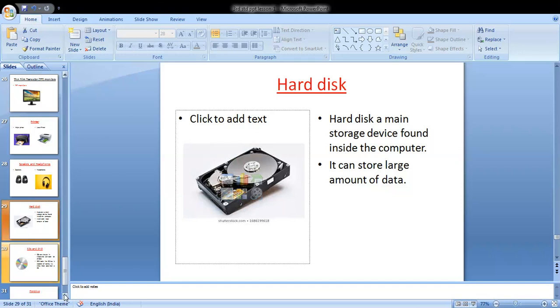If you want to see it afterwards, you have to store it. In storage devices you can store your projects or any information for future use, meaning afterwards you can see that. For example, if you want to save your drawings.